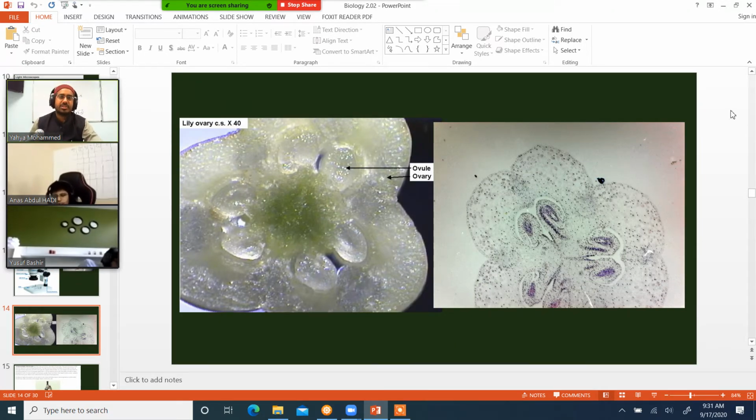So Anas, can you identify for me which one came from the compound microscope, where you shine the light through the bottom, and which one comes from the dissecting one? Which one comes from the dissecting, where you shine the light from the top? So tell me which one is which. The first one's dissecting. The second one's light. Right? Yusuf, do you agree?